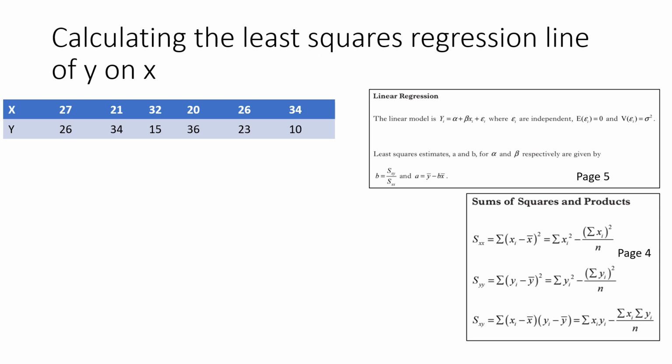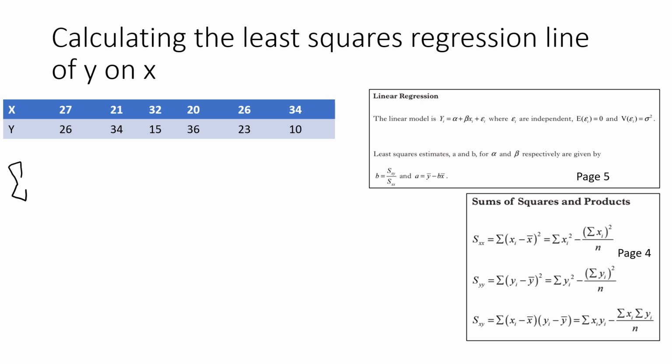Now let's calculate the least squares regression line of y on x. The first thing we have to do here, well, let's work backwards. What do we need first? We need a, b, and epsilon. Epsilon we assume is 0, so we can ignore epsilon. We need a and we need b. We go here, we have a here, and we have b here. We need b to calculate a, so we'll try and calculate b first. So we need Sxy and Sxx. For Sxx, we need